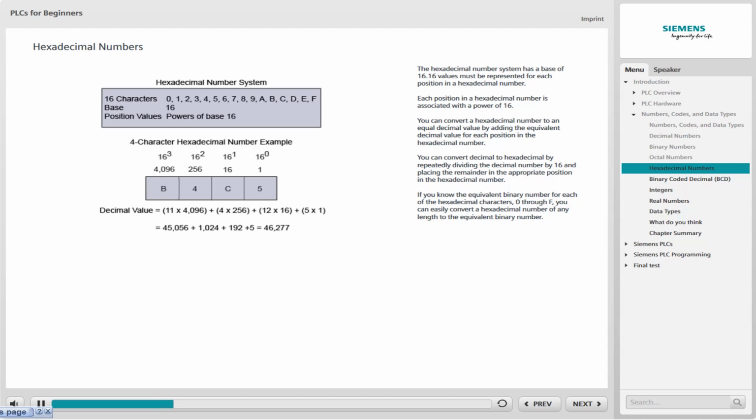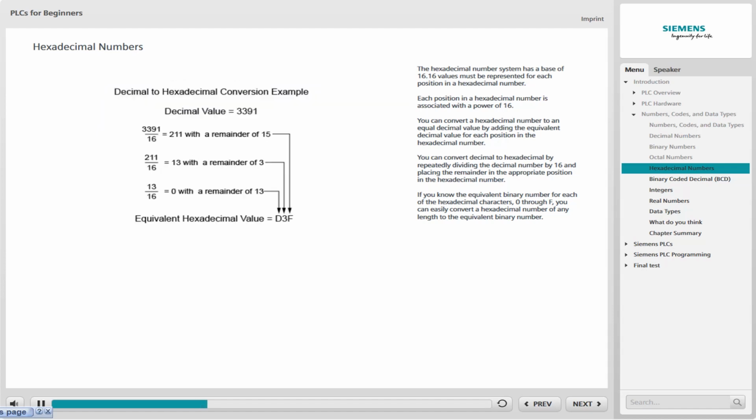The process of converting a hexadecimal number to an equal decimal value is as simple as adding the equivalent decimal value for each position in the hexadecimal number. Although you will not frequently have to convert decimal to hexadecimal to use a PLC, it is easy to do this conversion by repeatedly dividing the decimal number by 16 and placing the remainder in the appropriate position in the